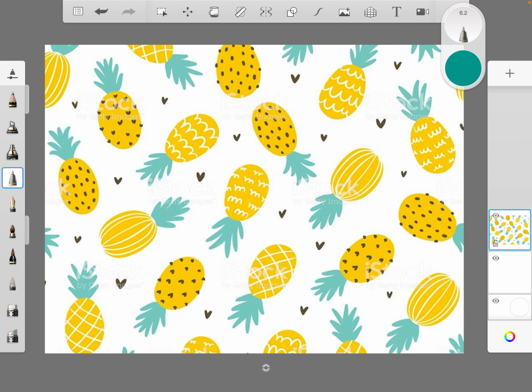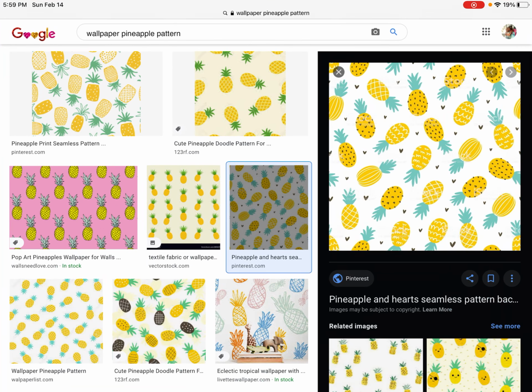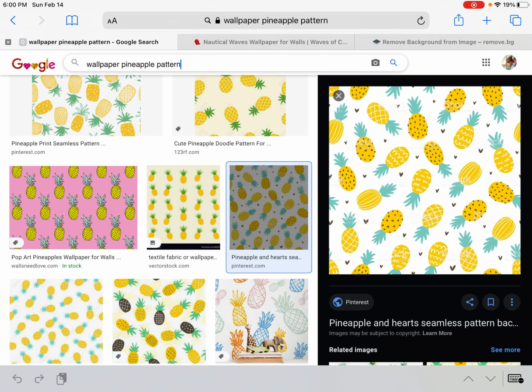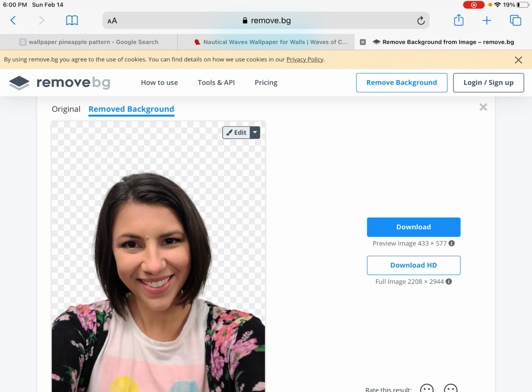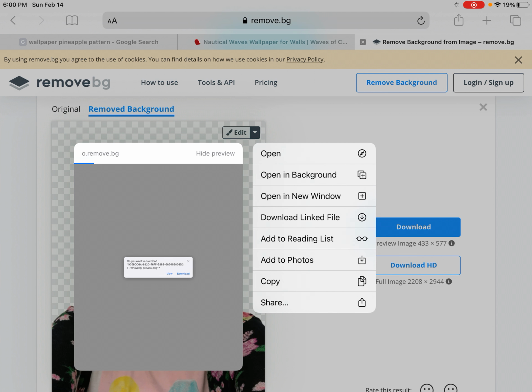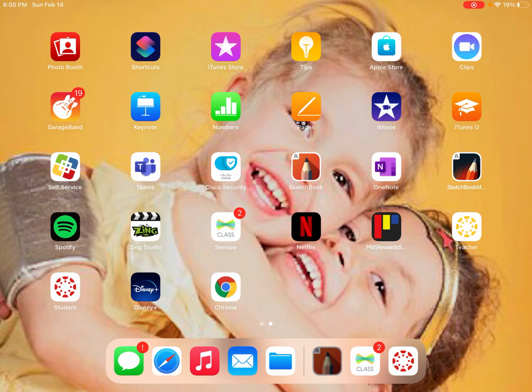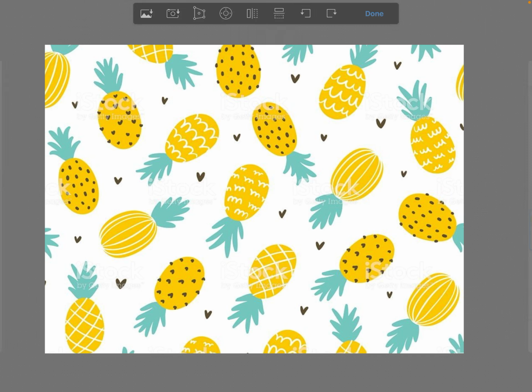And I've already gone and uploaded this picture into remove.bg, but remember, here it is up here. If I go to remove.bg, I can take a picture and remove the background, so I just get the person, so I don't have to do all that erasing business. Remember, you are going to have to click and hold it and then add to photos to save it to your photo library. So again, I've already done that step,